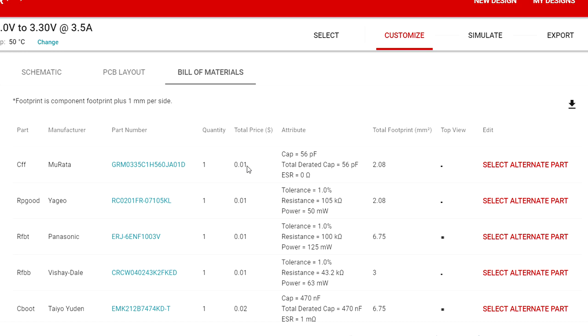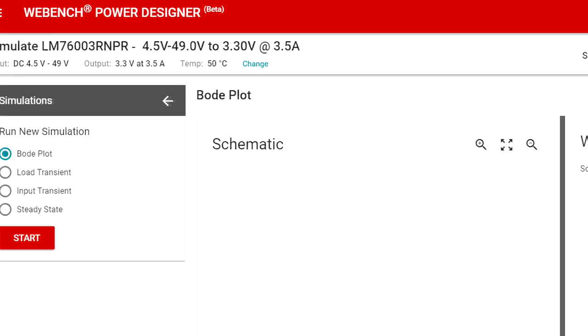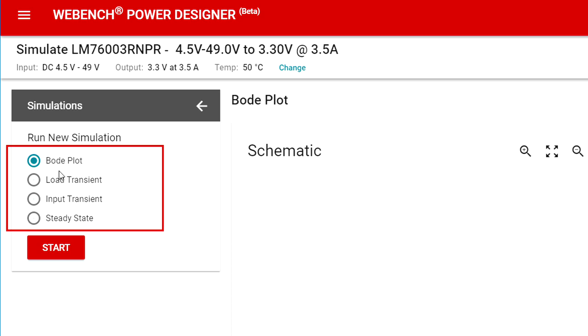Now, again, you can move right to export and share your design as is, or you have the ability to use our optional SPICE-based simulator. So let's do that. Let's run simulation. So we click Simulate. And you'll notice 4 different simulation modes.